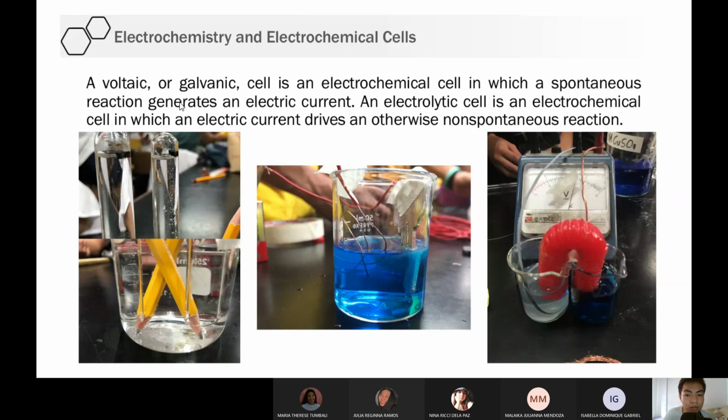Okay? And we have two kinds of electrochemical cells: voltaic and electrolytic. When you say voltaic, that is the electrochemical cell that is spontaneous, which produces energy. Okay? So again, when we say voltaic, it produces energy or generates electric current. That means its cell potential is positive. Its voltage is positive. That's all I wanted to say there.